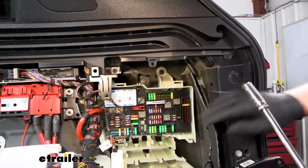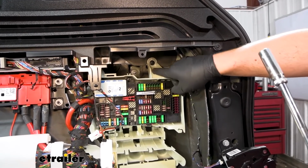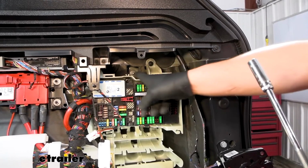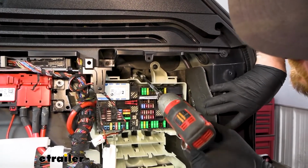So with this panel dropped down, if you look at our fuse block, we'll see a bolt coming off the plastic on the fuse block. If you look just in front of that, there will be a 10mm head nut, and we need to remove that. So we'll grab our socket